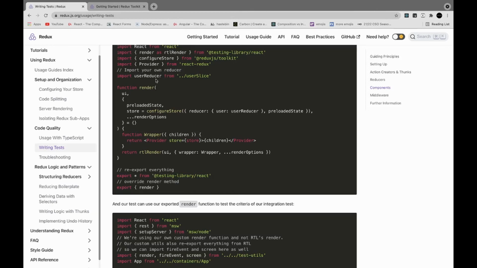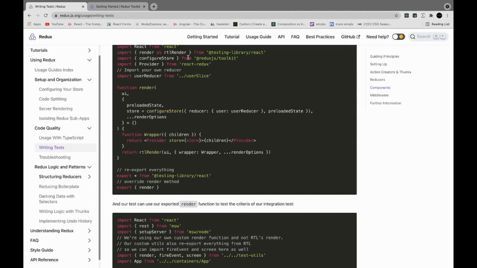You can do a slice of your reducer, like if you're doing combine reducer and you have a few different individual reducers, you can send in one of those, or just bring in your whole root reducer, which is what I did. And then it wraps the provider around your component,